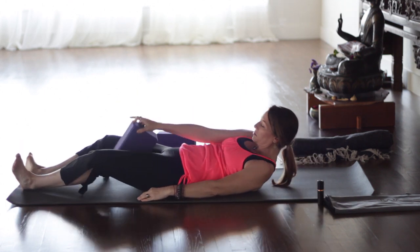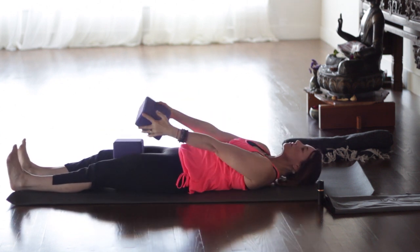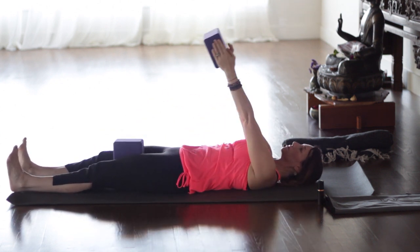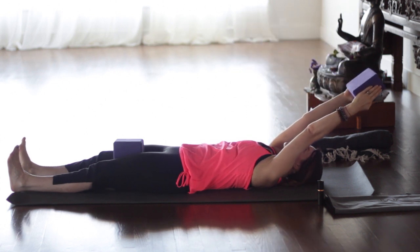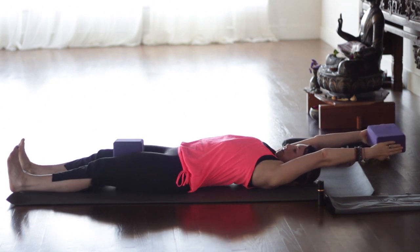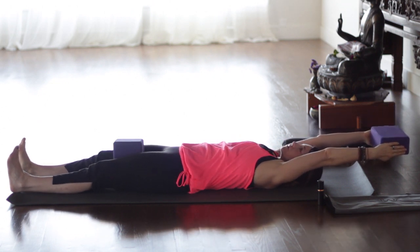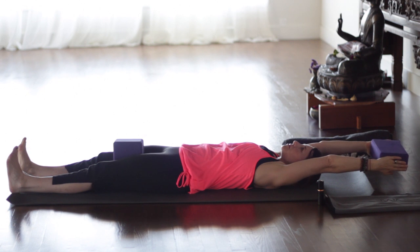Now take a block in between your inner thighs. You could also use a rolled up towel and then another block between your hands. As you inhale, we'll reach the arms over in line with the ears. So if you feel your low back starting to arch and your ribs starting to pop up, then don't go quite so far. We want to be able to maintain the length in the spine